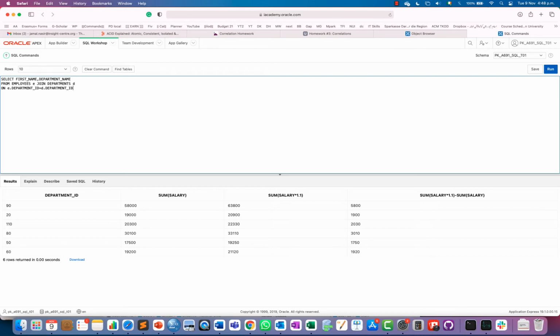And if you don't want to use small e and d, then you have to write the complete name of the table, employees dot department underscore ID, and departments dot department underscore ID. So it's up to you.